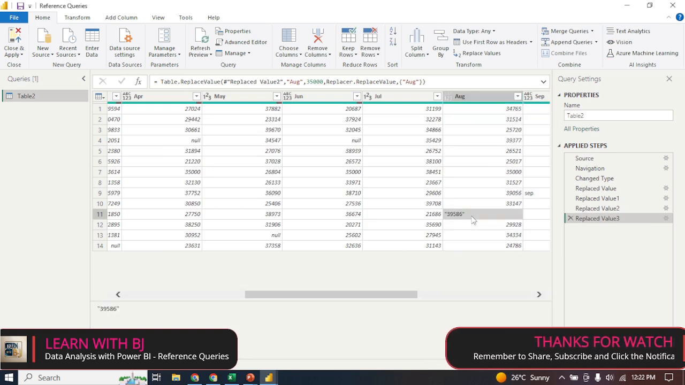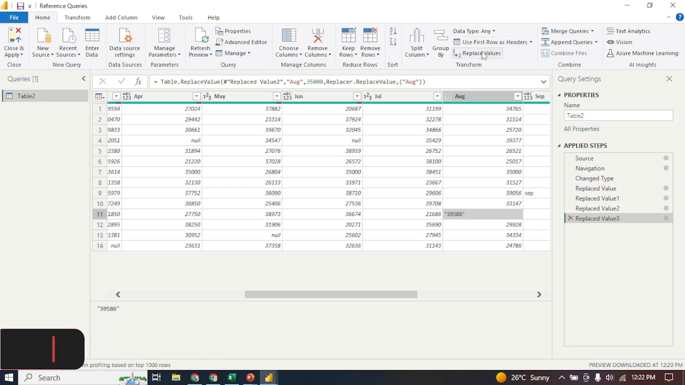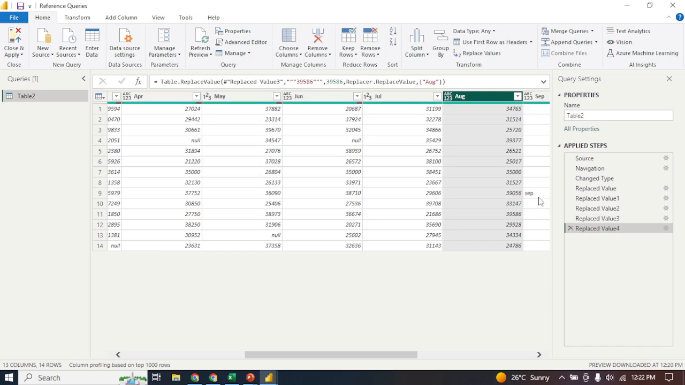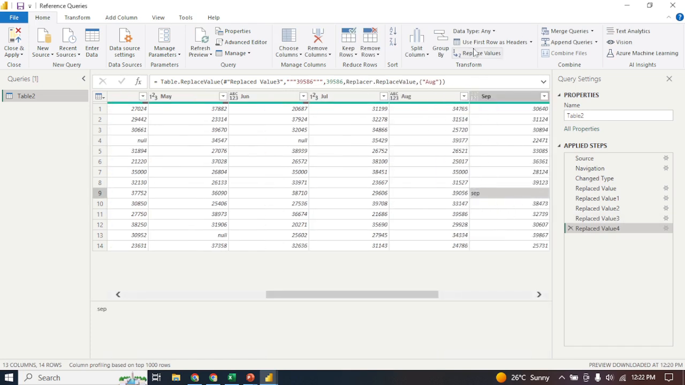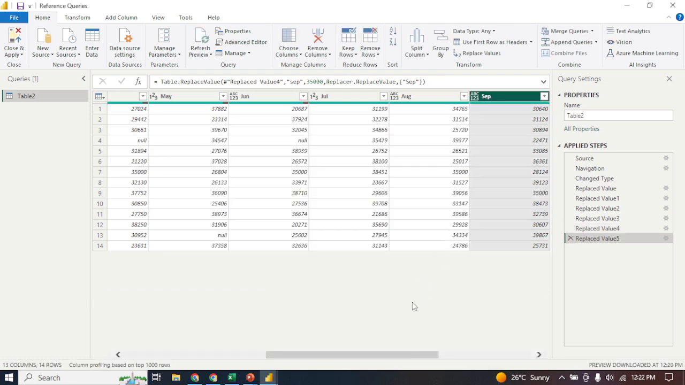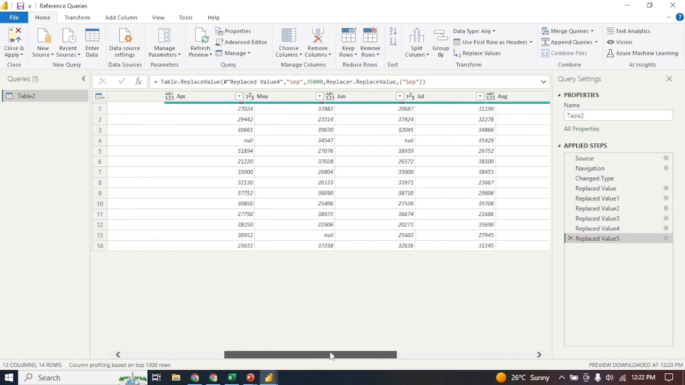Then again within August we have a figure here that is numbers, but it has been written in text. So we want to change it to numbers. So this is 39,586. Then we go to September as well. We'll replace this figure here with 35,000. Then we move to, so now we don't have